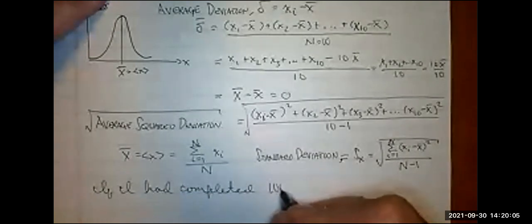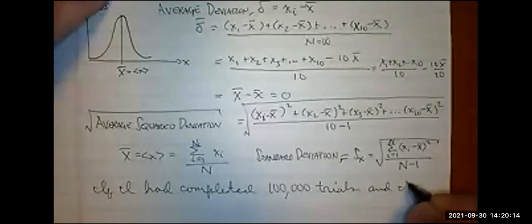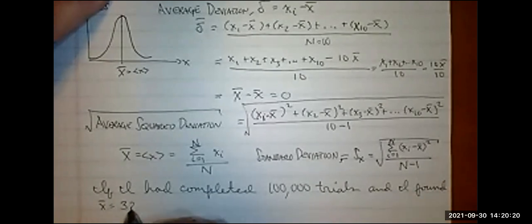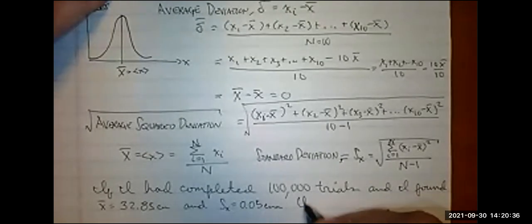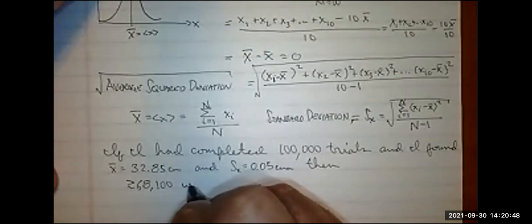If I had completed 100,000 trials and I found X bar equals, let's say, 32.85 centimeters, and S sub X equals 0.05 centimeters, then approximately 68,100 of them would be between